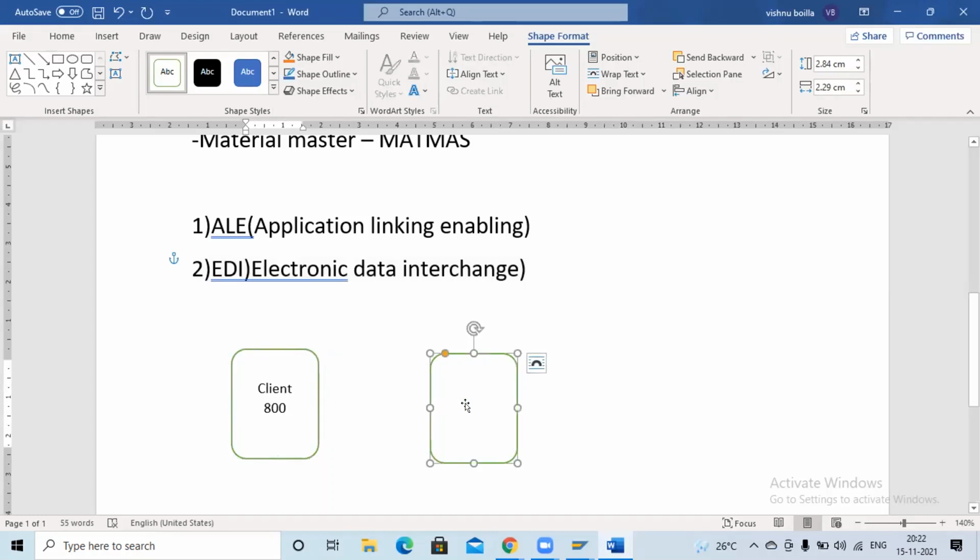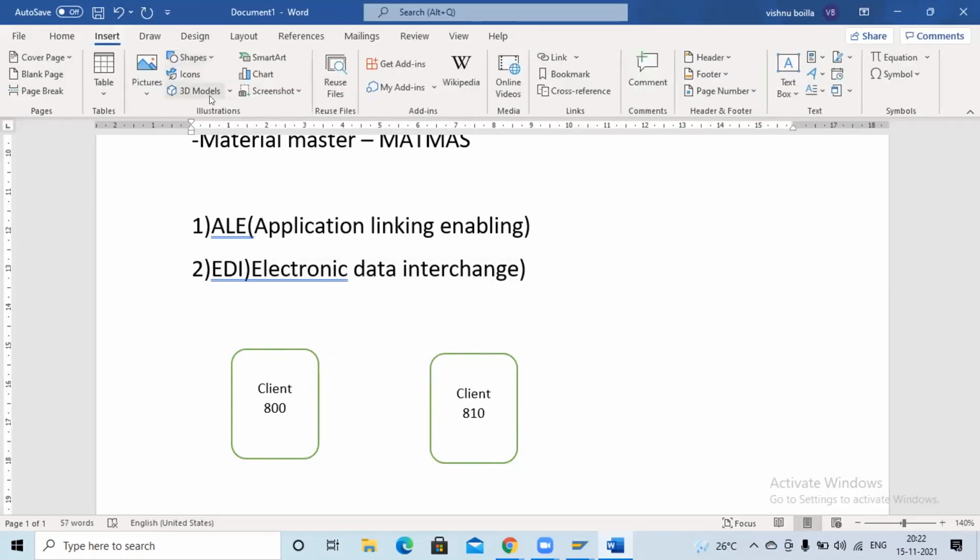I have two clients here, client 800 and, as an example, client 810.